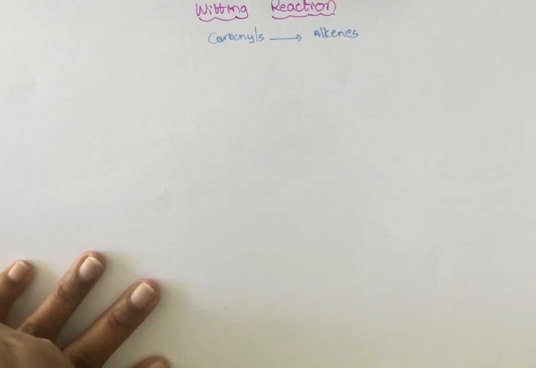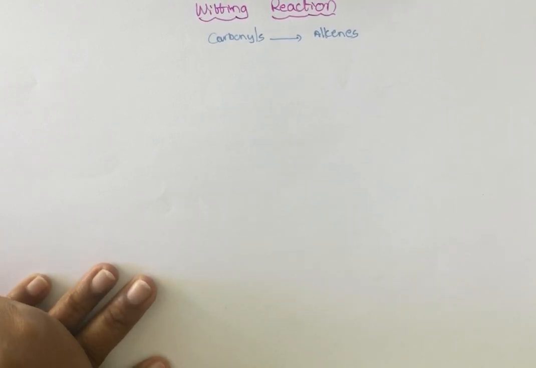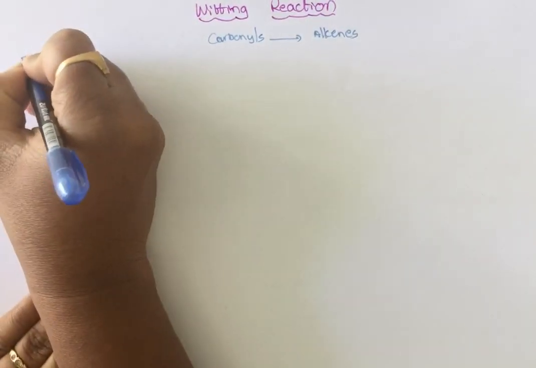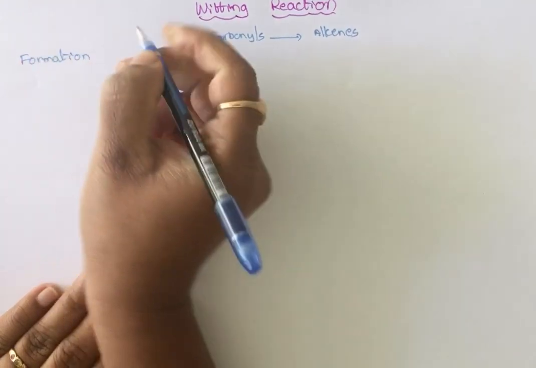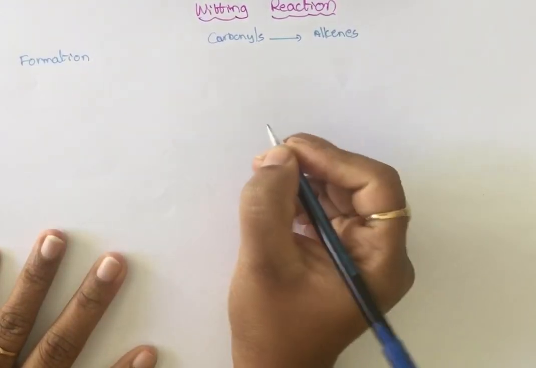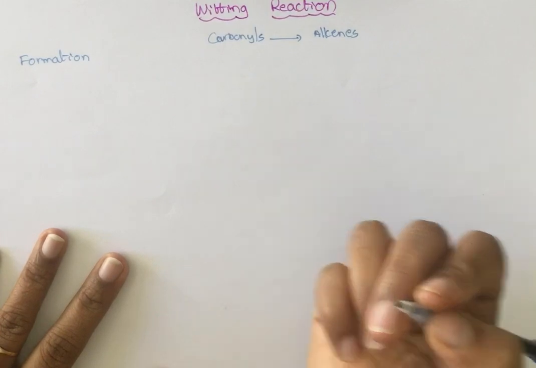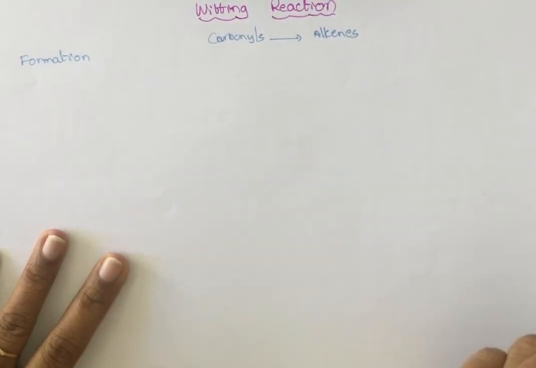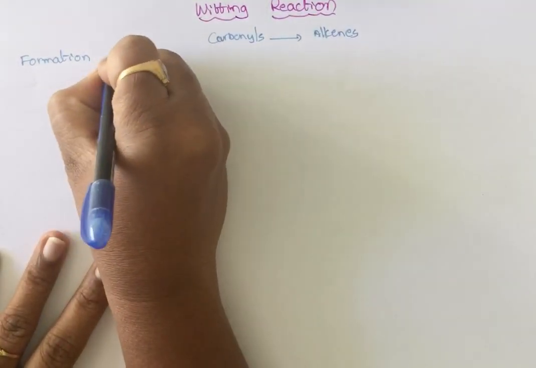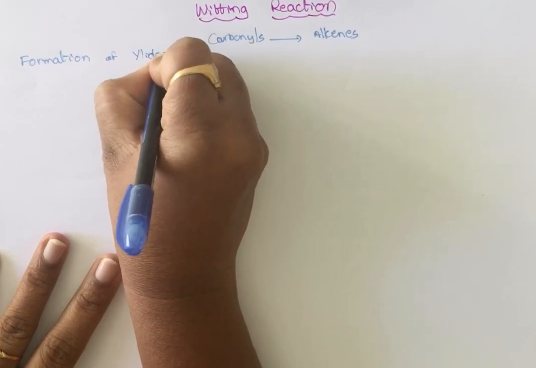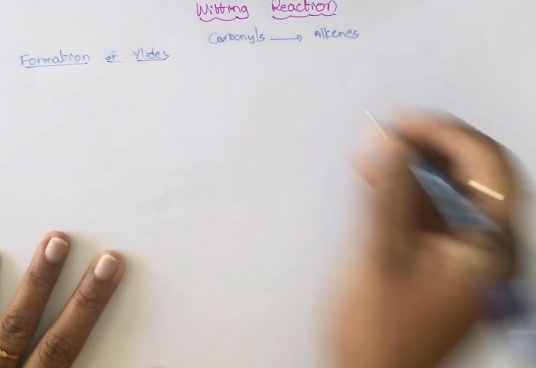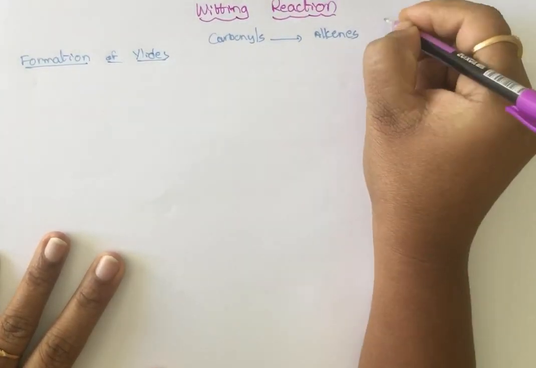So to increase the number of carbons, particularly to convert into alkenes, we use Wittig reaction. Here the main role is played by ylides. If you know how to form ylides, then it will be easy for you to write the products if they give reactants, or you can even write the reactants if they give you the product. So let me first explain the formation of ylides, and I can explain a general reaction here.